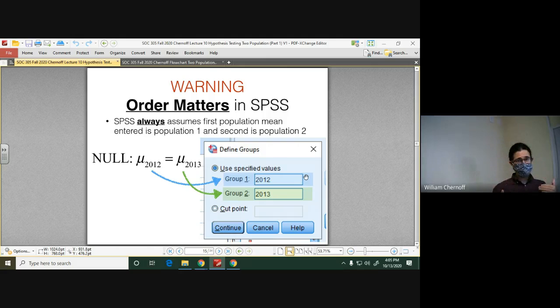This can become challenging when we're talking about categories that are not ordered. If you're talking about gender, and you're, say, comparing females to non-females, with females on the left and non-females on the right, then you need to make sure that females are in group 1 and non-females are in group 2. But if you talk about things in reverse, with non-females on the left and females on the right, then what you put into SPSS should also switch. So then it would be non-females as group 1 and females as group 2.